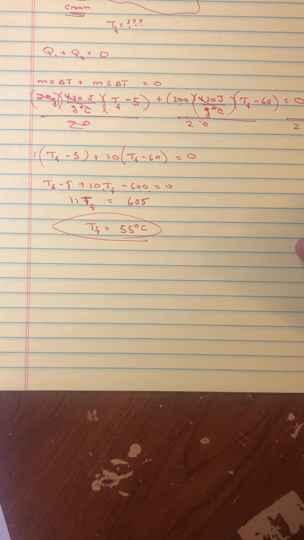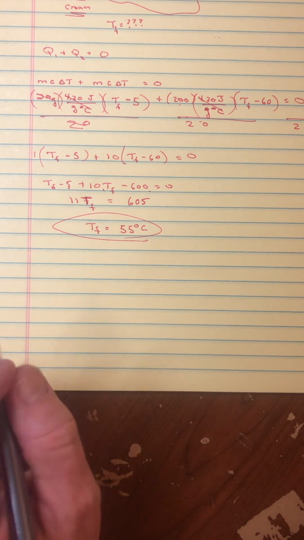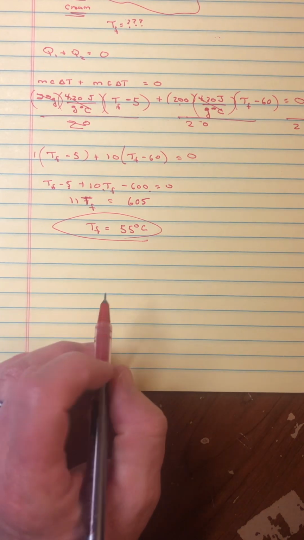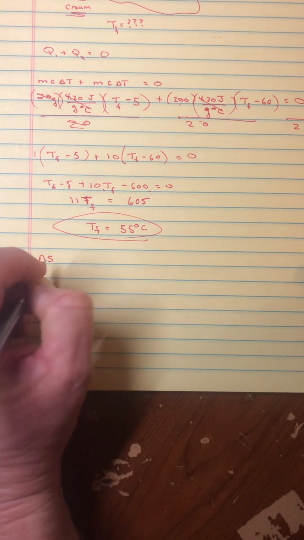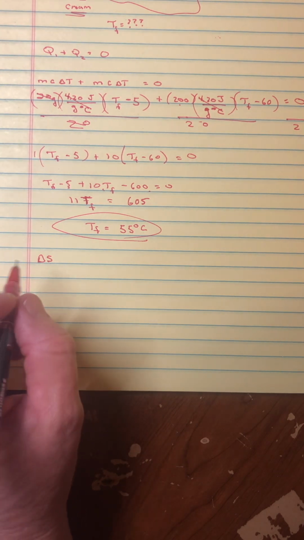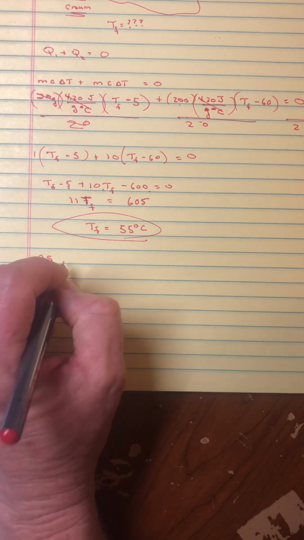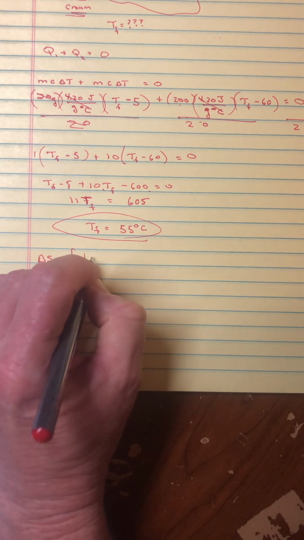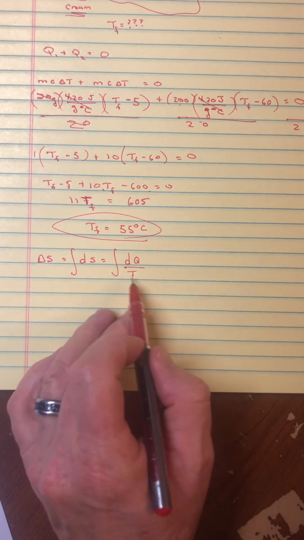Okay, so the change has been more for the cream, of course, than the coffee. So the coffee's cooled down a little bit, but not much. And then that will be a change of entropy. And that's where this begins. So if I do the change in entropy of something that warms up or cools down, as you'll see here, let me not specify whether this is the cream or the coffee, but let me just say it is the change of a bunch of small entropy changes,